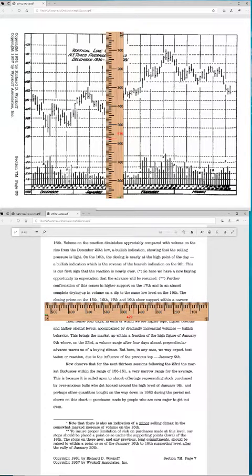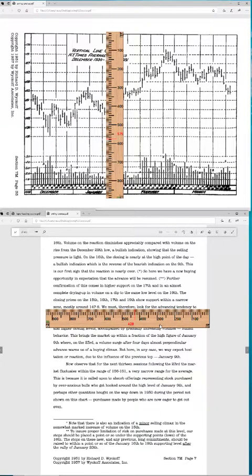The closing price of the 15, 16, 17, and 19 shows support within a narrow zone, mostly about 147, 148. All he's saying is, again, he's going back to the closes. The closes, the closes, the closes. The closes on the 15, 16, 17, and 19th. So this, I think, is... I can barely read the third... hold on, 12. It's really hard to... 16, 17, 18...